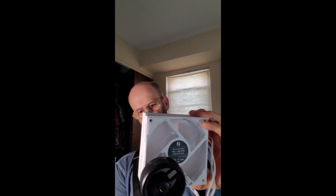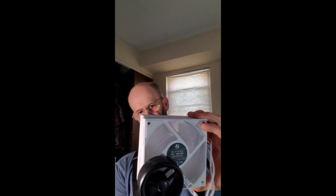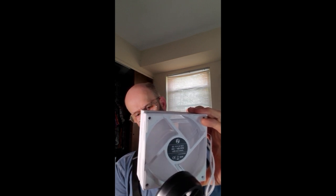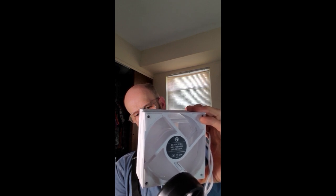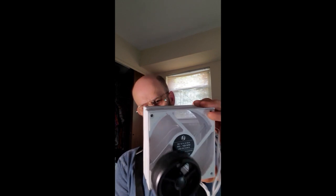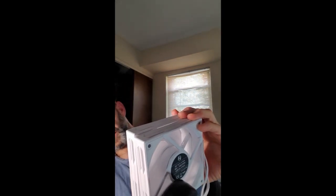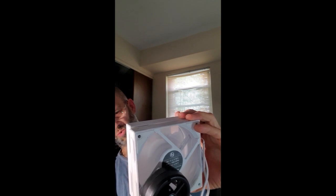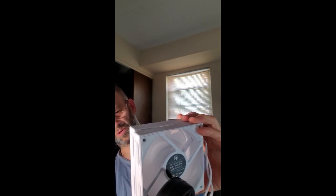317 cubic meters per minute. Now let's change that to CFM. Okay. All right, is that CFM? Yes. Okay, so that would be 1,125 cubic feet per minute divided by 60